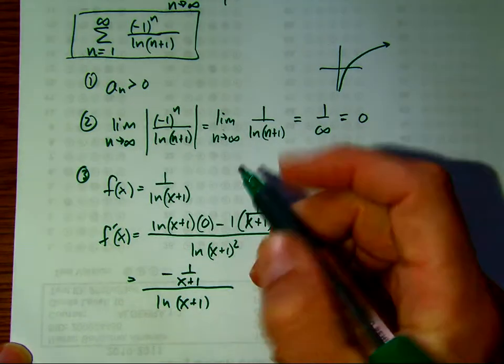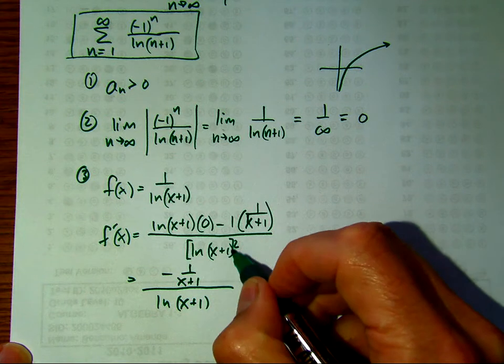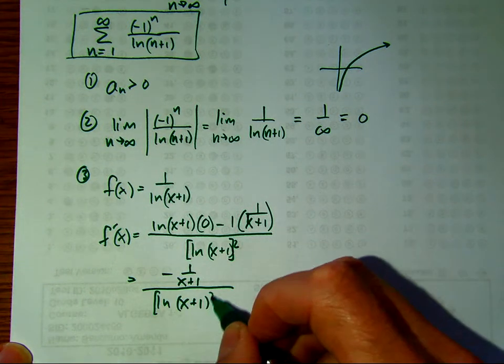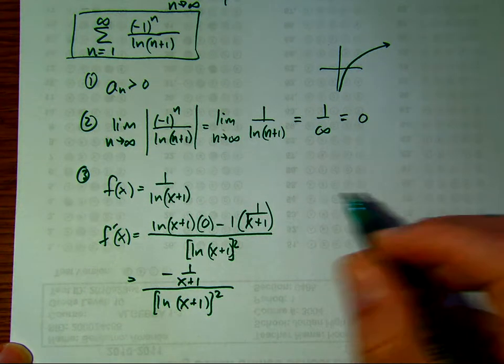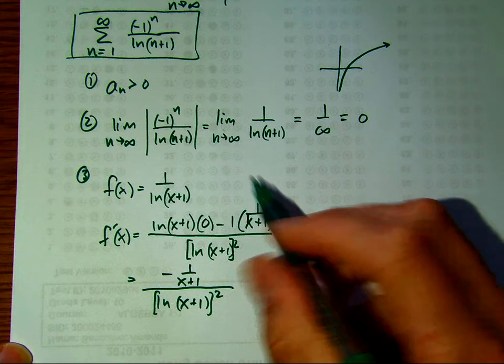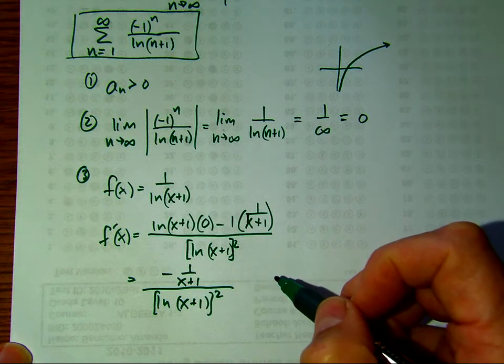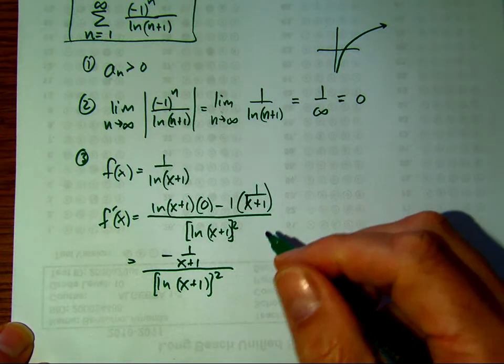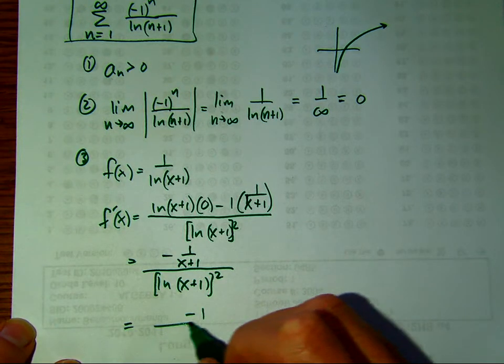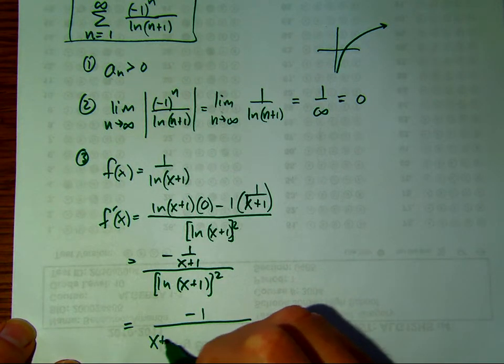Let's write this with the square on the outside. Here the derivative of natural log is 1 over x plus 1, so we have that. We could rewrite it as negative 1 over x plus 1